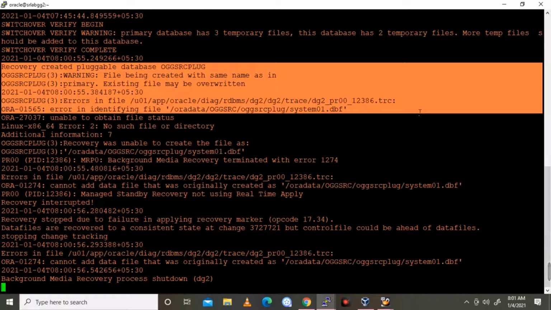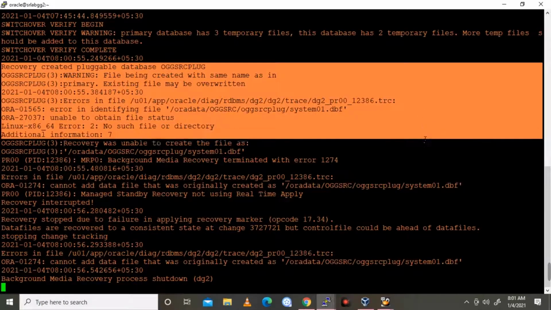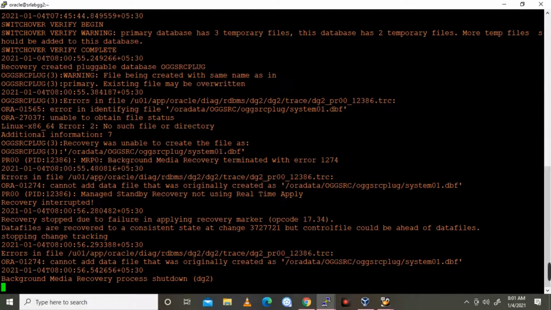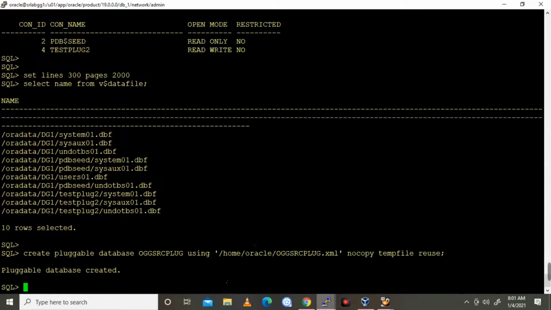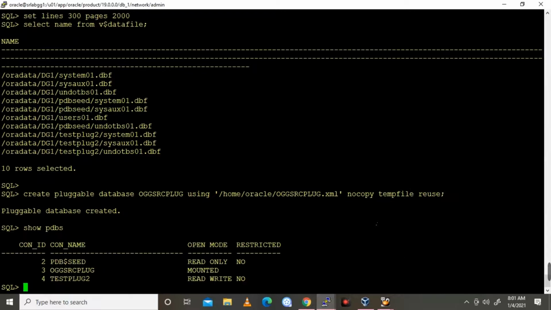Okay, what will happen on the standby side? I opened the alert log file, and from the standby side, let's see, you can see that on the Data Guard standby side the MRP has been broken. Why? Because of not identifying the file name, like system.01.dbf.